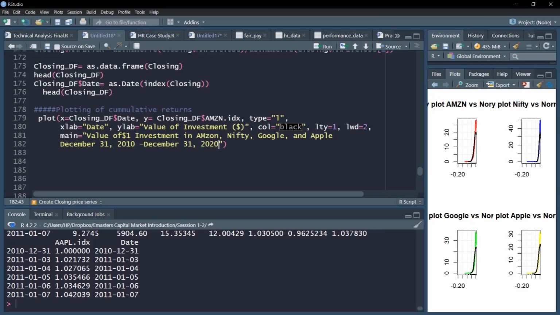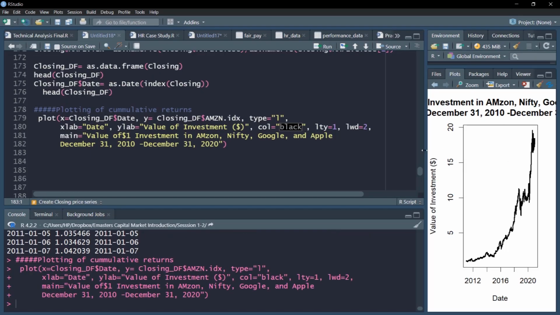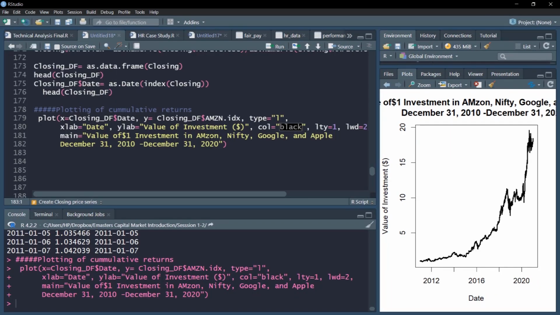So this is our heading. Let's see. Yep, the plot is there. We'll come back to the plot, but let's add the other stocks with the lines command.